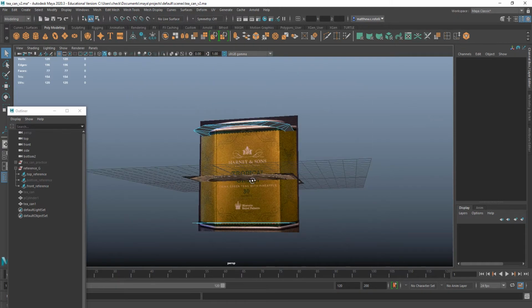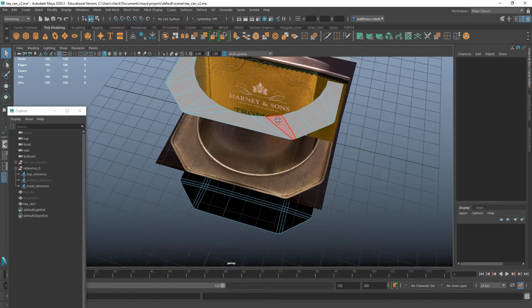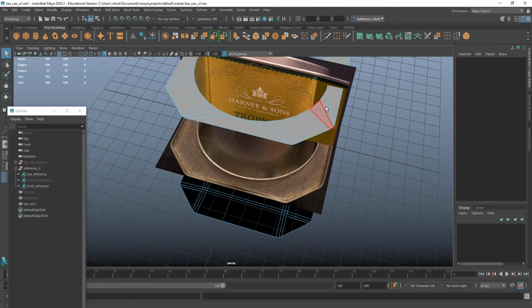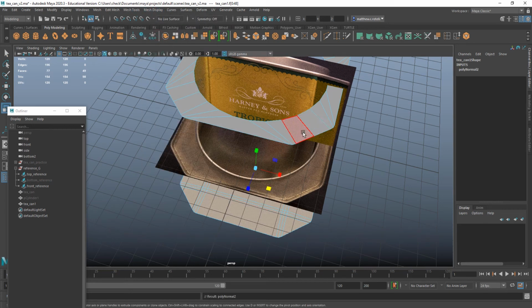But your normals, which on an object decide which way its faces are facing, are going to be facing the wrong direction for these 2 pieces, because this is going to now be the inside instead of the outside. So this is now going to be the bottom of the can, this part here. So we're going to want these faces to be facing us. So I'm going to double click to select those, mesh display, reverse, and double click to select these,